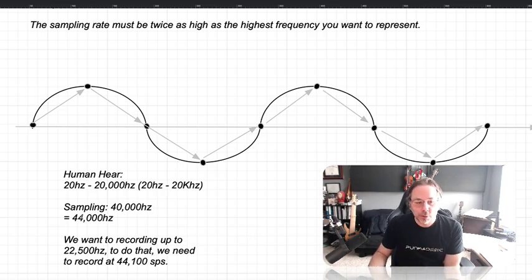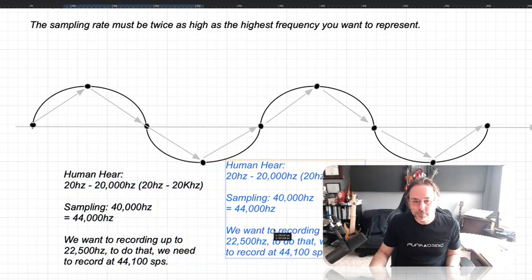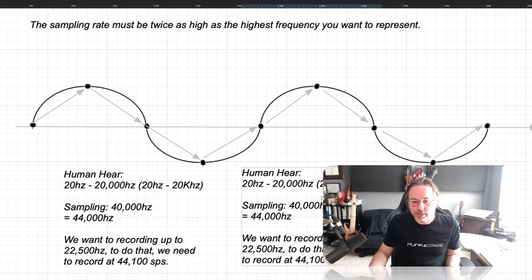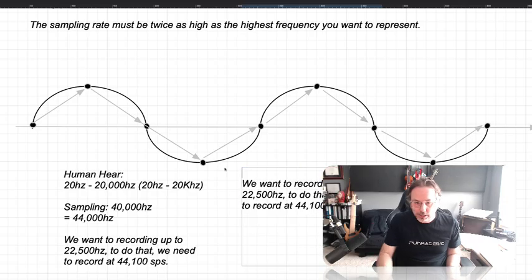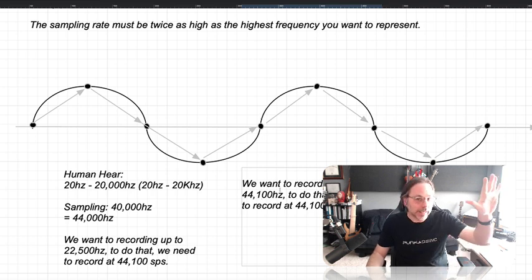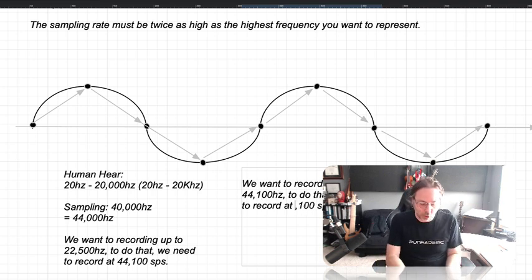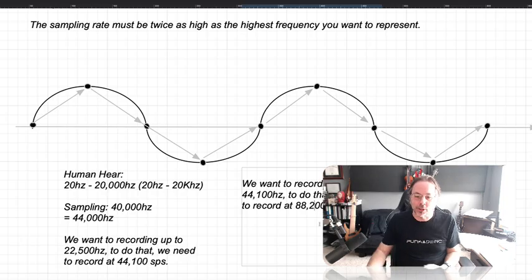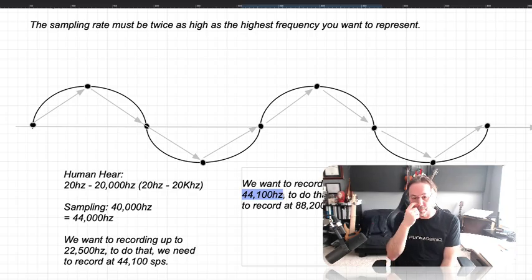So if we record a sampling rate at, let's duplicate this, let's get rid of all of this. So if we want to record up to the frequency of 44,100 hertz, if we want to record that frequency twice as high as anyone can hear, then we need to record at 88,200. Now, why would we want to do that? That's twice as high as anyone can hear. Why would we record all of that data way up high? The reason is